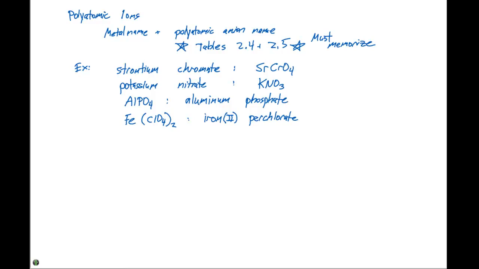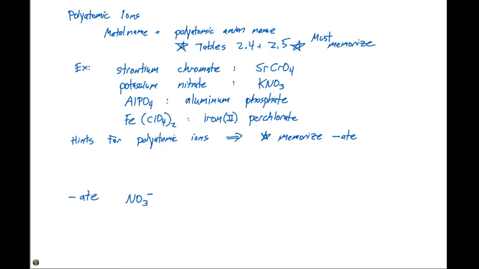Now, the thing that kind of stinks about these polyatomic ions is that there's a lot to memorize. So as a helpful hint, I'll put together here some hints for polyatomic ions. And the main hint is to first memorize all of the polyatomic ions that end in -ate and then go from there. So, for example, if we look at all the polyatomic ions with the -ate suffix, we have